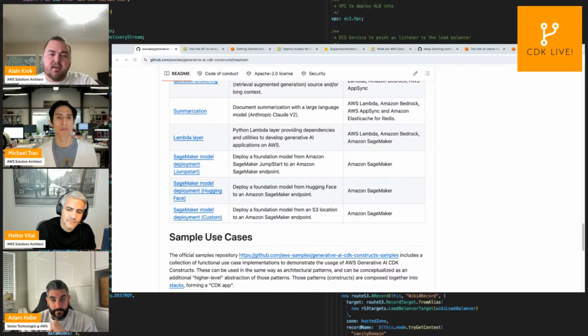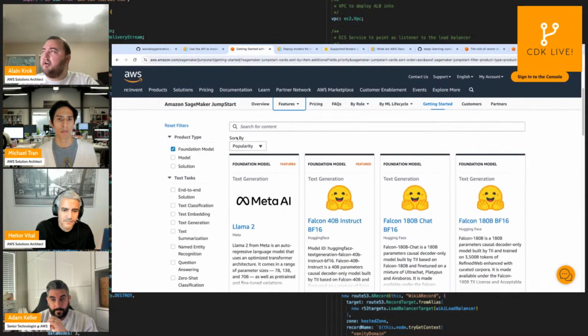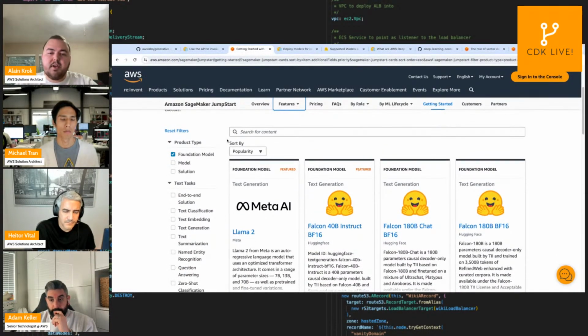SageMaker. And specifically, we can look at SageMaker JumpStart. That's a machine learning hub that contains some solutions and some ready-to-use models that we can deploy on SageMaker hosting services, and we can get an endpoint that we can use directly for inference. Those endpoints are fully managed and support auto-scaling.